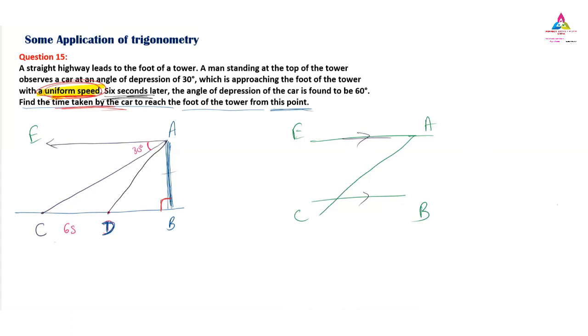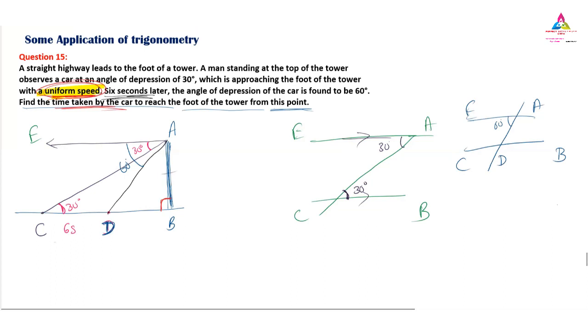So these are parallel lines, because we have a plane line, that is a straight line. Obviously this is 30 degree, which means this angle will be 30 degree itself. So this angle will be 30 degree. This angle will be 30 degree. Similarly the next angle, this whole angle is 60 degree. So here also we have the two lines, A and E, and here we have B and C, and there is a line like this way. This angle is 60 degree and this is the D point. Obviously this angle will also be 60 degree because this is the alternate angle. Remember, this is the way we have to mark.